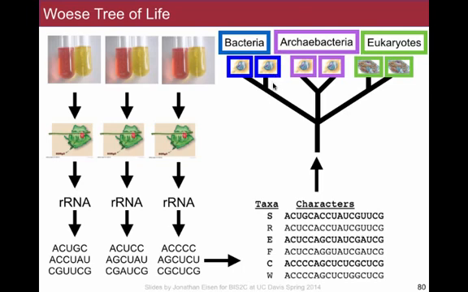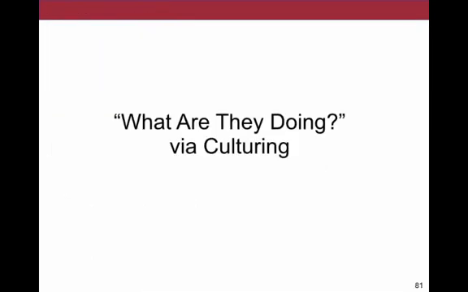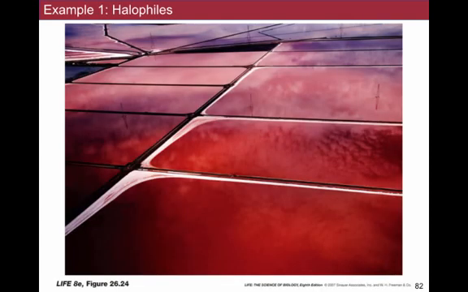So if you went to an environment and you grew organisms back in the lab, you could have a collection of the different organisms you grew, and for each of them, you could go through this process and assign it to a particular branch in the tree compared to other organisms based upon its ribosomal RNA sequence or other information you could gather in the laboratory. Much more important for studying microbes is to figure out not just who they are from an environment, but what their functional processes are and what the potential is that they could be doing in the environment. And I'm going to take you through, in the last few minutes here, an example of this